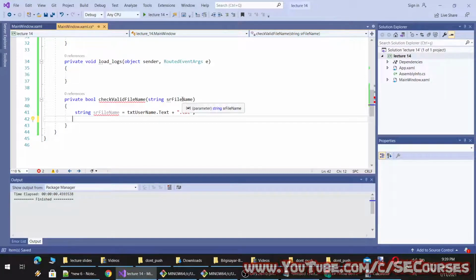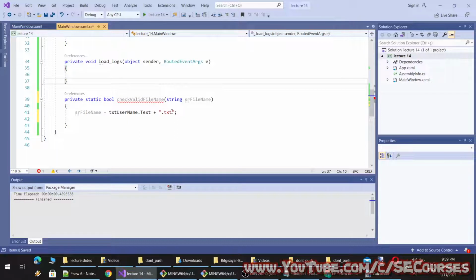Why? Because I have used the same name for the input and the file name here. This will get a file name and it will be edited like this. Or we can still make it bool because we don't need to access the text box. And let's make this username.